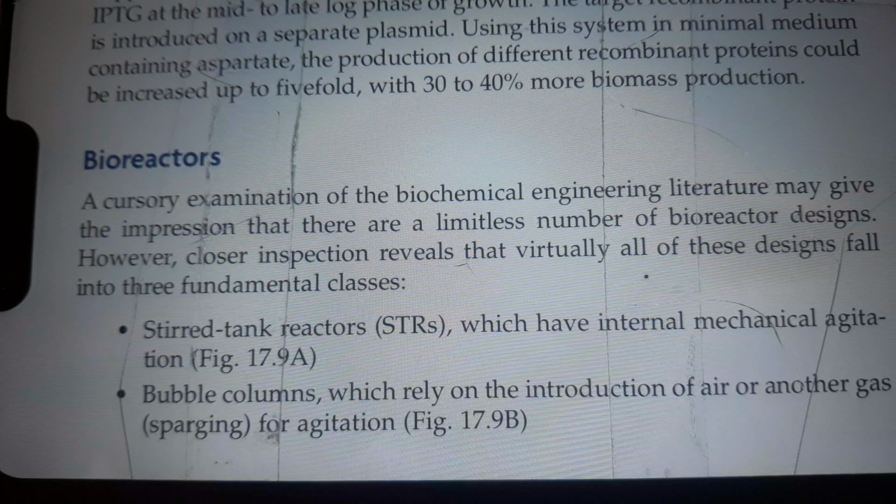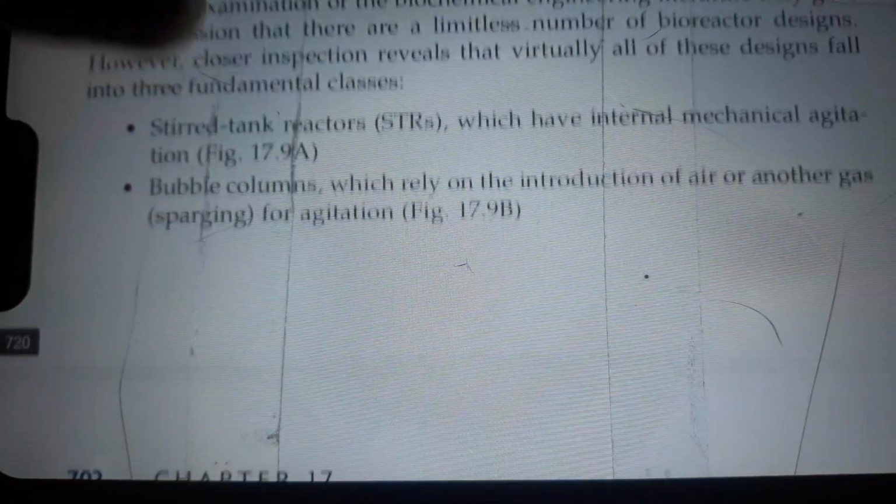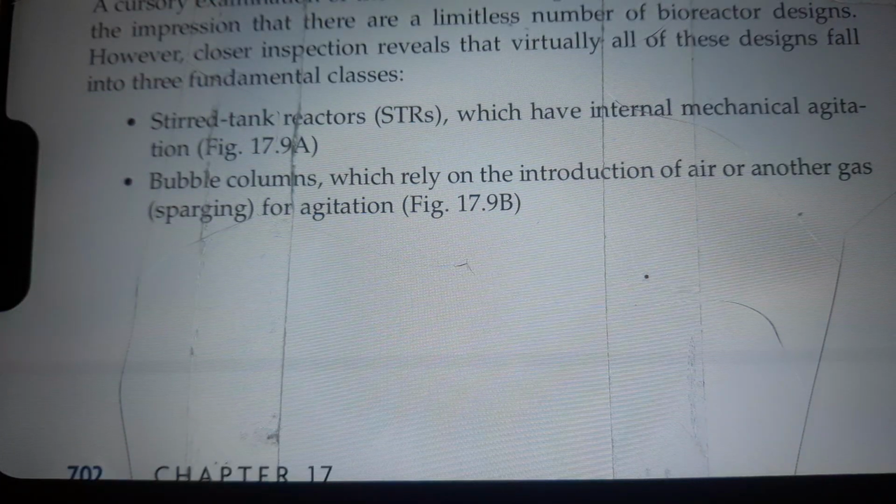Bioreactors. A cursory examination of the biochemical engineering literature may give the impression that there is a limitless number of bioreactor designs. However, closer inspection reveals that virtually all of these designs fall into three fundamental classes: stirred tank reactors, STRs, which may have internal mechanical agitation; bubble columns, which rely on the introduction of air or another gas, sparging, for agitation;